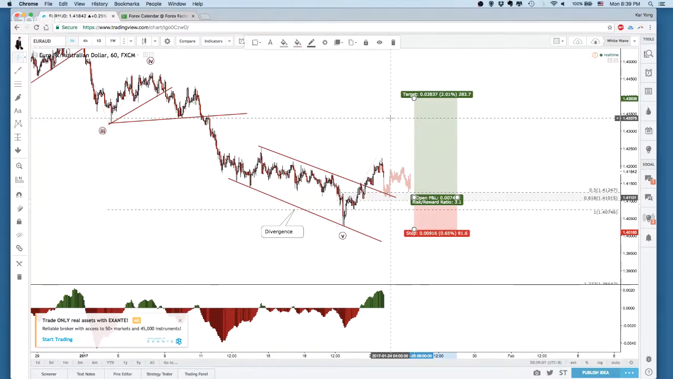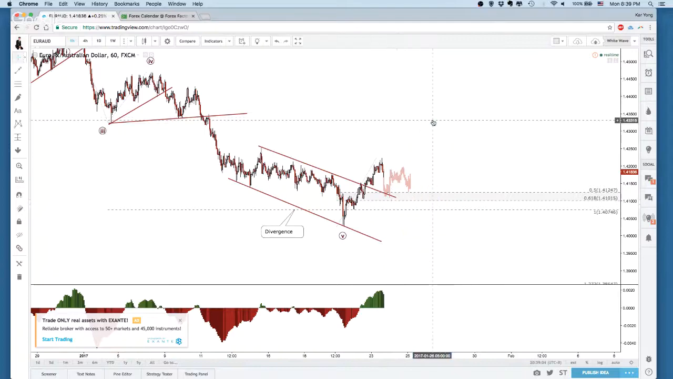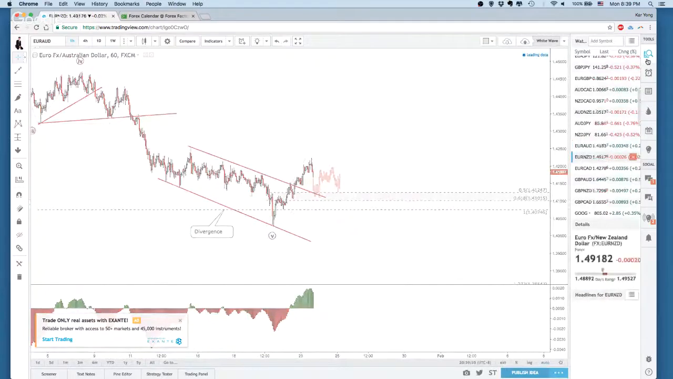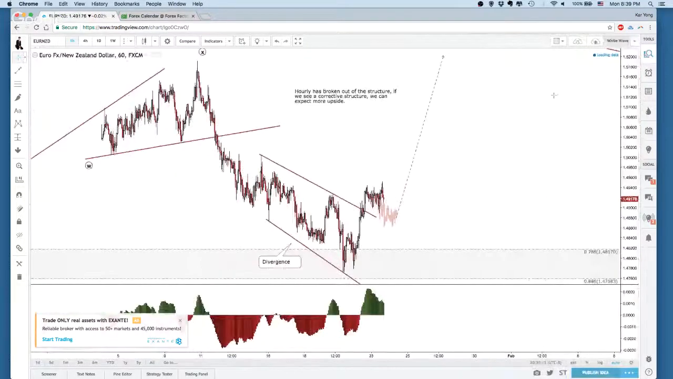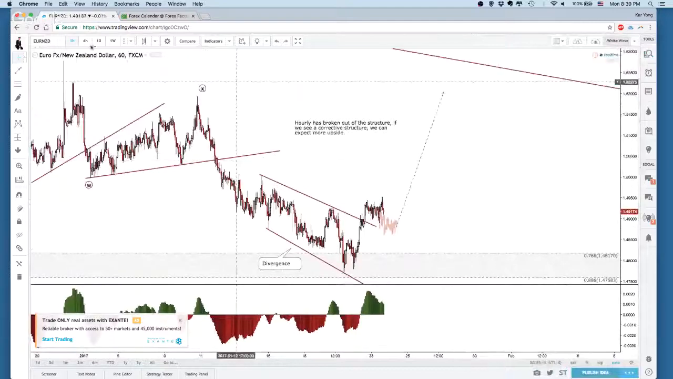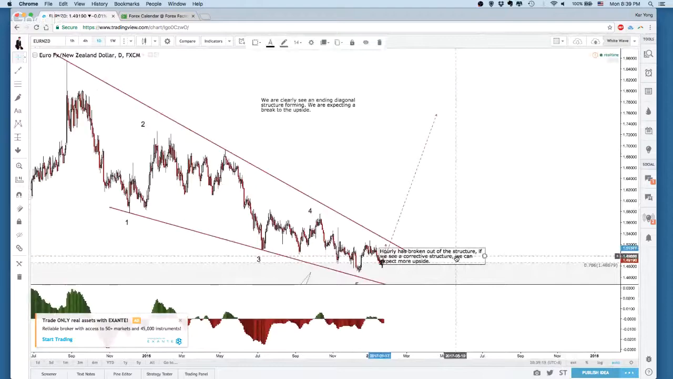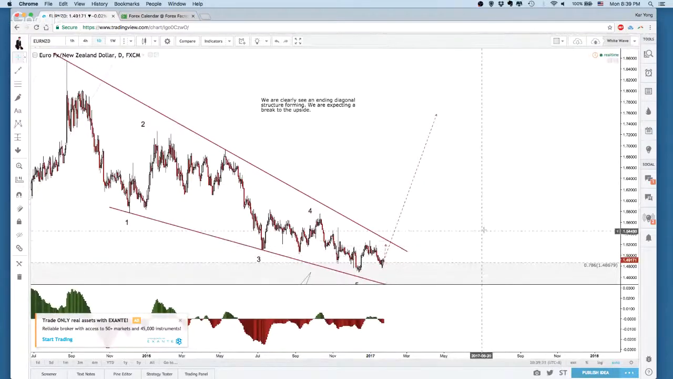Okay, so this is one update on Euro Aussie, what's happening. I'll update you on Euro Kiwi as well. Euro Kiwi is better than Euro Aussie, because I'll bring you to the daily time frame to show you what is happening. Euro Kiwi is actually